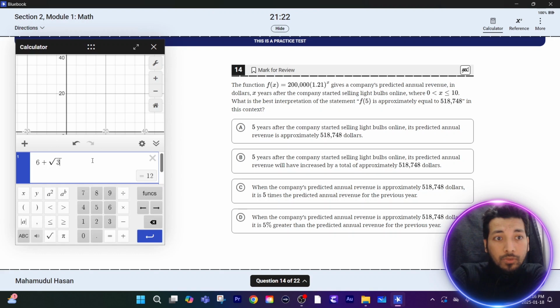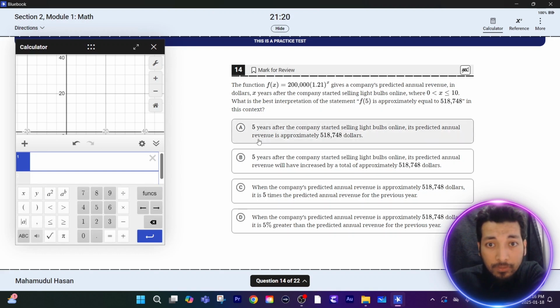Okay, so let's try to define this. Option A says 5 years after the company started selling light bulbs online, its predicted annual revenue is approximately $518,748. Option B says 5 years after the company started selling light bulbs online, its predicted annual revenue will have increased by a total of approximately